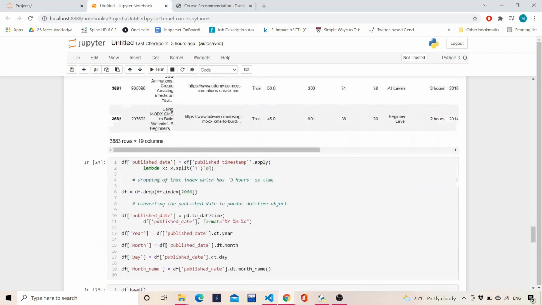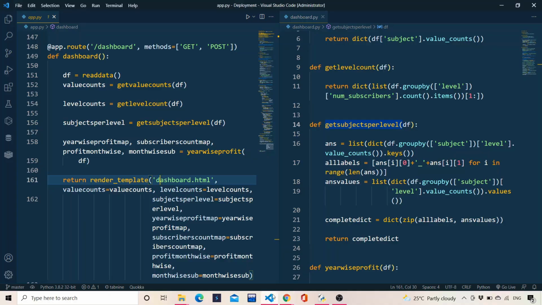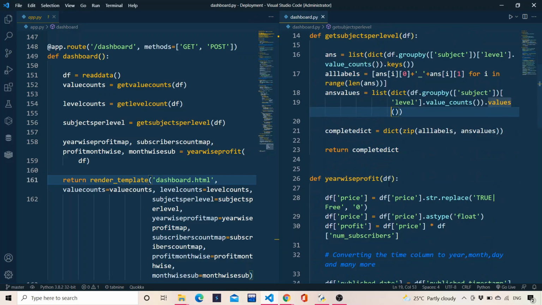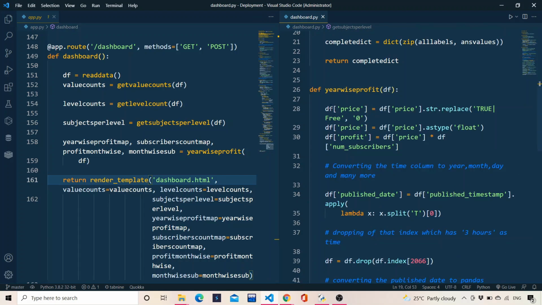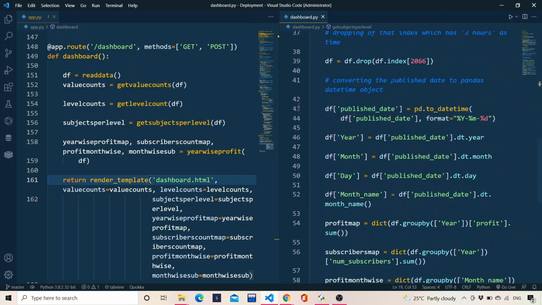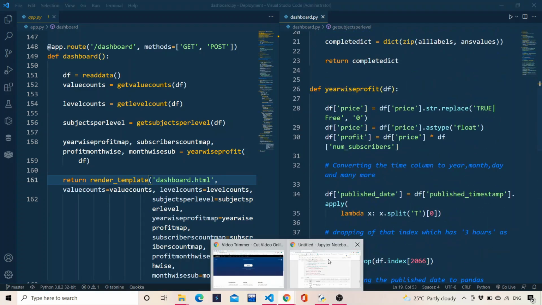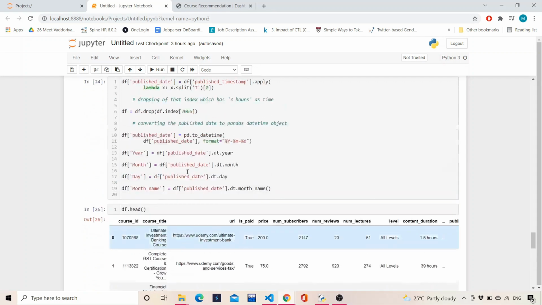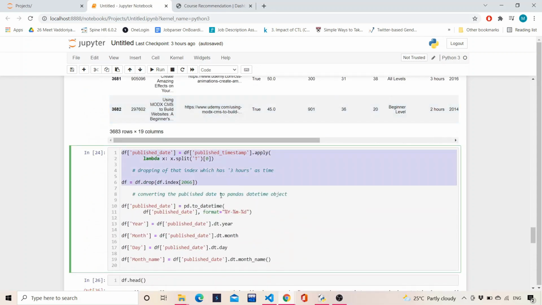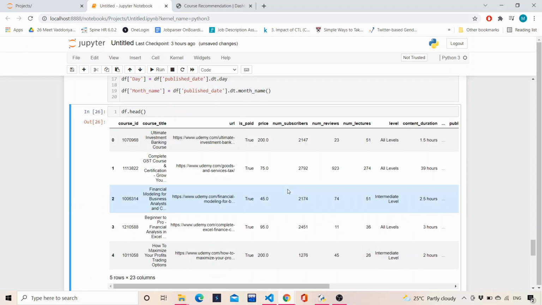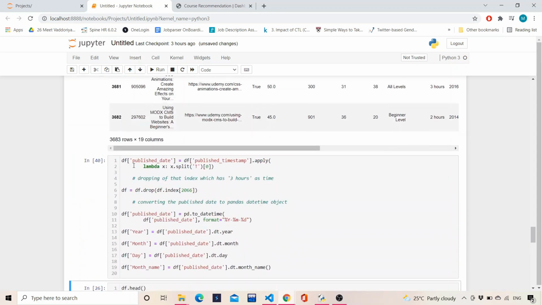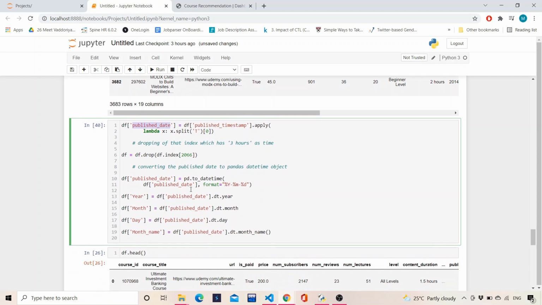So if I just copy the code from there, over here we have profit year-wise and subscribers and everything, right? If I copy the entire code from here to here, I'll get the thing over here, right? So if I just execute this,